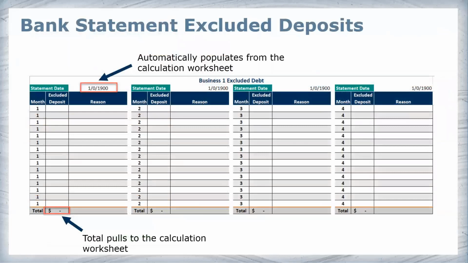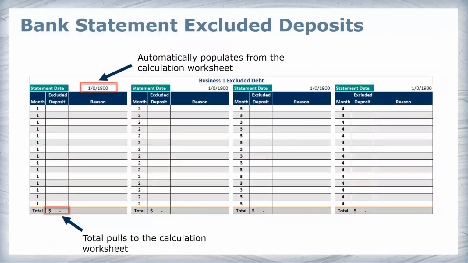Next, each calculation worksheet has a separate sheet to list all the excluded deposits and reasons. This helps anyone who looks at the file to know what deposits were used and why. The statement date will automatically populate from the calculation worksheet, and the total of excluded deposits will populate back to